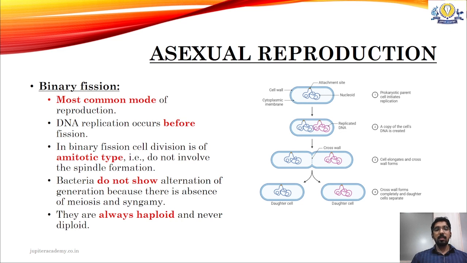Asexual reproduction, the first example is binary fission. Binary fission is nothing but a division of a cell into two. This is the most common mode of reproduction. So let us look into the diagram. There are 4 steps in binary fission. The first step is that the prokaryotic parent cell initiates replication, meaning the nucleoid present in the bacterial cell